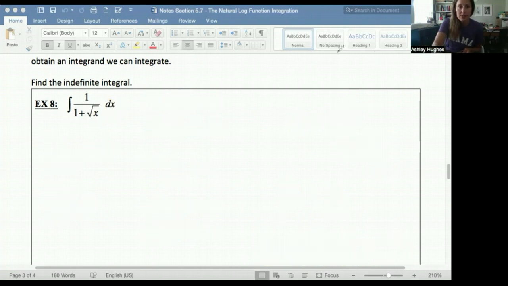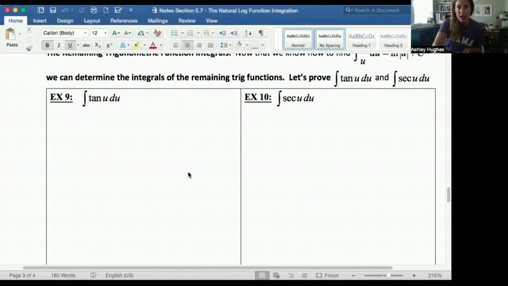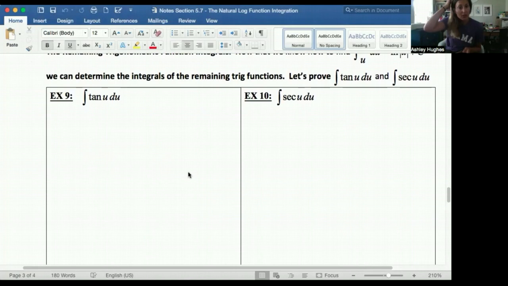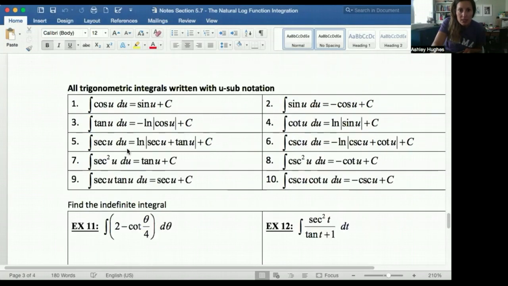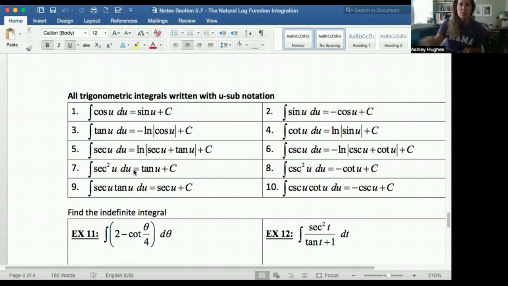A little bit tricky. All right, since we know natural log, now we can talk about a few of the trig derivatives that we didn't have. If you remember, we only knew these 6 here that were the derivatives of the original trig functions. So we knew,